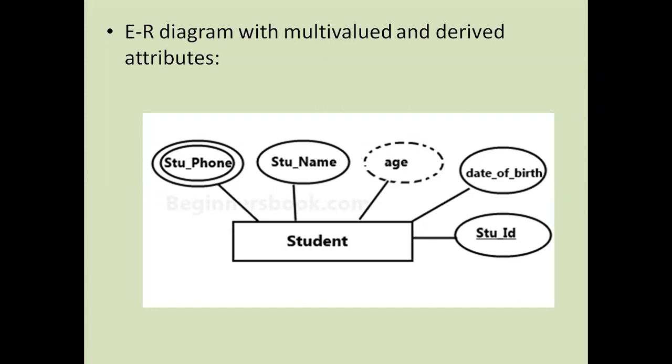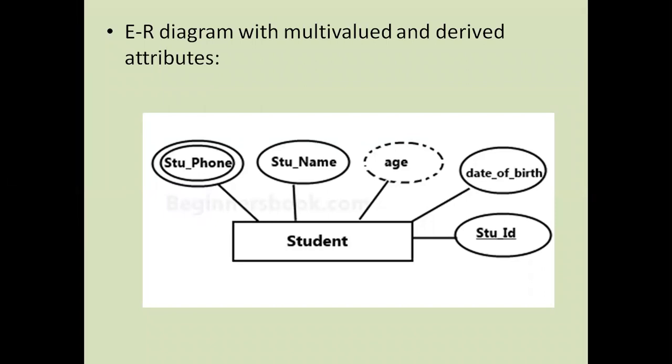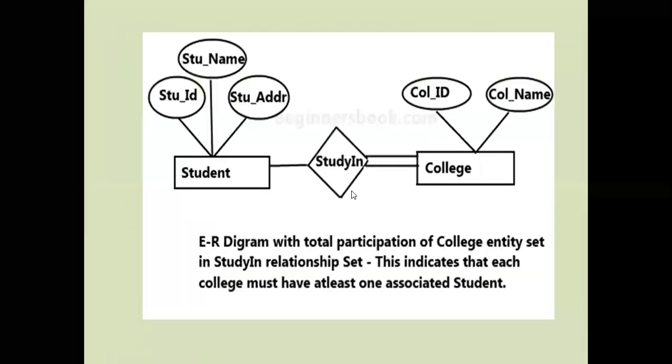The second part of this question is, what are the additional features of the ER model? Whatever we are discussing now: what is a key attribute, what is a relationship instance, what is participation, and what is relationship cardinality. In the last class we also discussed the reports-to relationship, and some other features are also there. We will discuss those now. If you have any doubts, you can ask me during the class, or ask me separately, no problem.